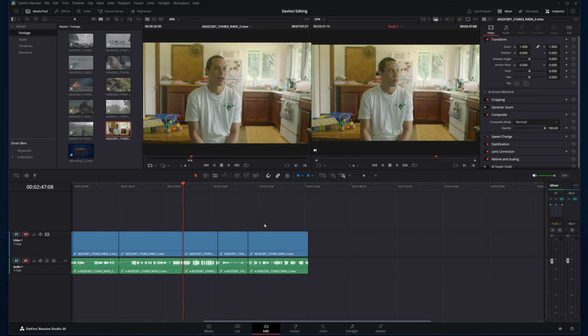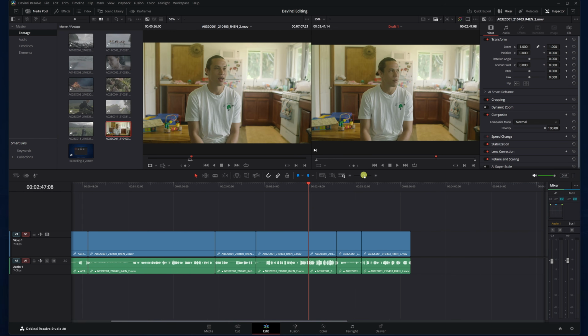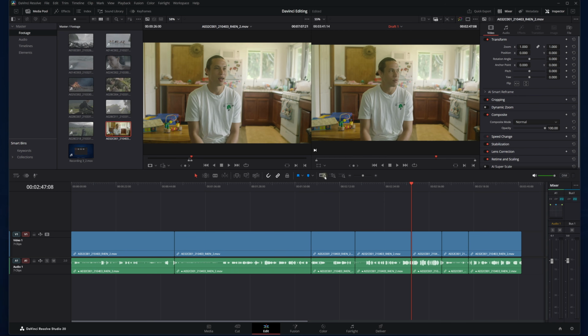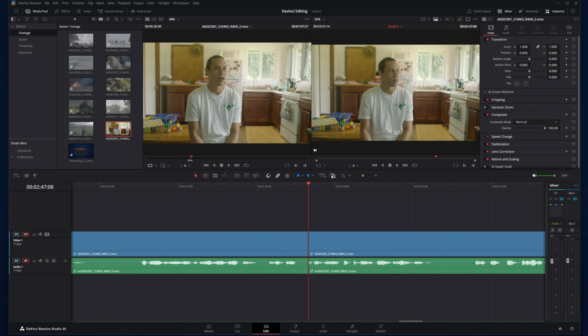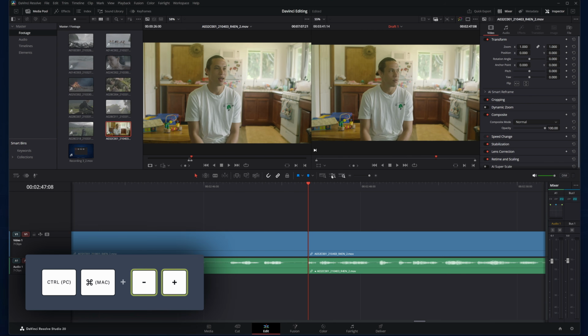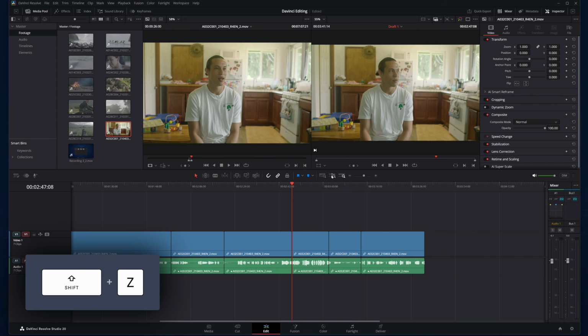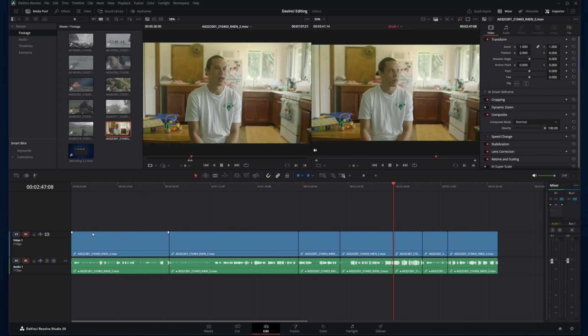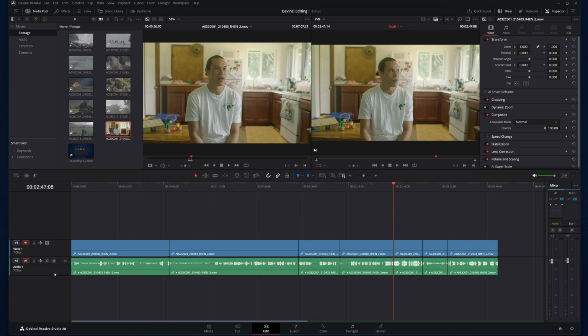Now we'll go over cutting in the timeline, and first you should know how to zoom in and out. You can use this slider. This button fills the timeline space with your clips, and this one zooms in, or you can create a custom zoom. But the keyboard is always faster, so another way to do this is Control or Command plus and minus, and Shift-Z fills the timeline window. You can also hold Shift and use the mouse wheel to change the width of your tracks.